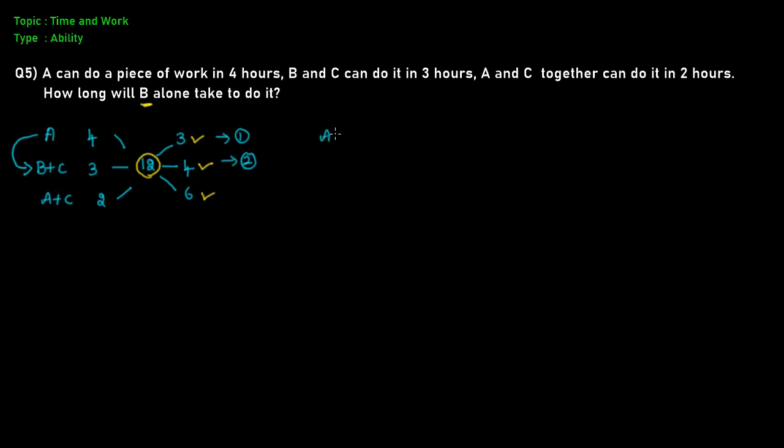So I'm just going to write it here. So A plus B plus C is what I have on the left hand side, and on the right hand side I have 3 plus 4, which is nothing but 7. So I have framed my first equation. Now we already know the value of A plus C is 6, right? So A plus C is equal to 6. Now from these two equations I can easily find the value of B. So I can just subtract the second equation from the first equation. So I will get 1 as the value of B. So I have just found out that B can complete 1 unit work per hour,